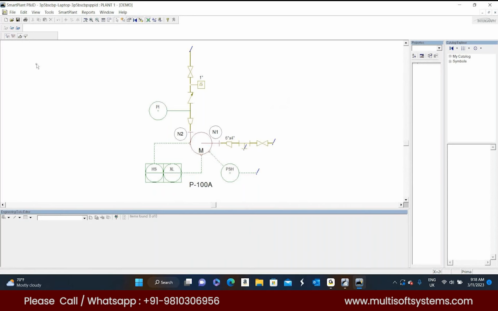This is nothing but the drawing window. In this drawing window, how many symbols are there? Those many symbols will be listed in the Engineering Data Editor, in the bottom window. If you see, these kinds of things are available. Suppose you want to see